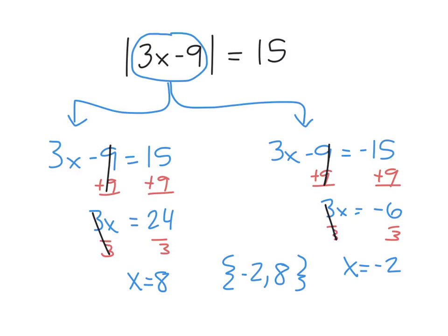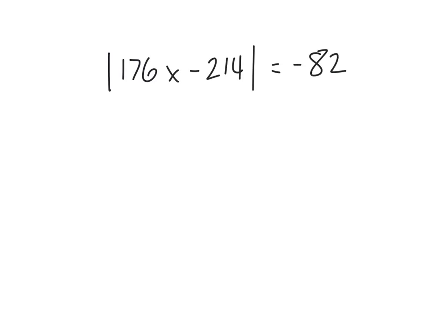Okay, I wasn't planning on doing this, but I'm going to throw in a third mysterious example that won't take very long to show you. Let's quickly solve the absolute value of 176x minus 214 equals negative 82. I'm pausing for a minute just to see if you can figure it out on your own. You're probably yelling at me because these numbers are 3 digits and kind of big, and I can't believe I have to do arithmetic with these things, but that's not really